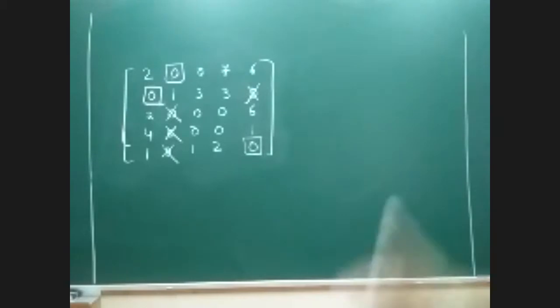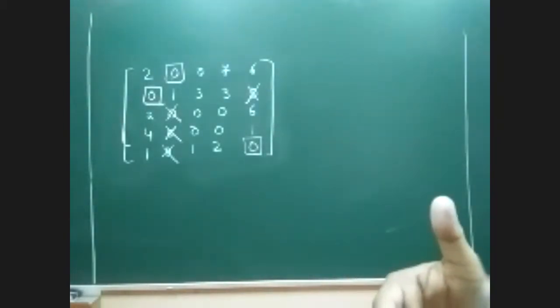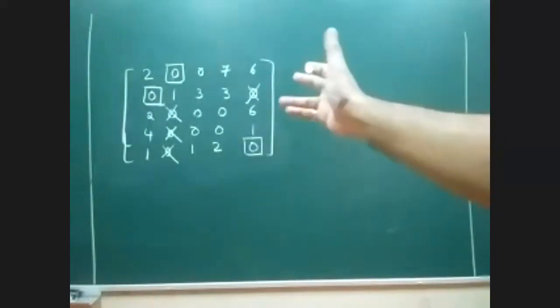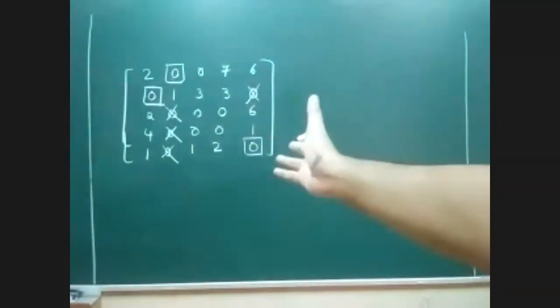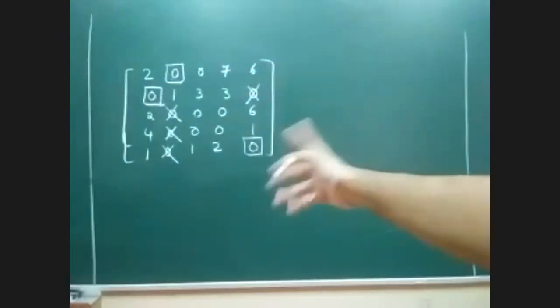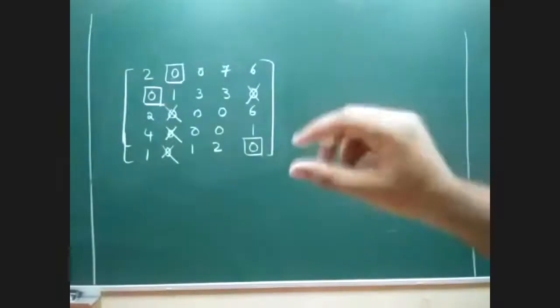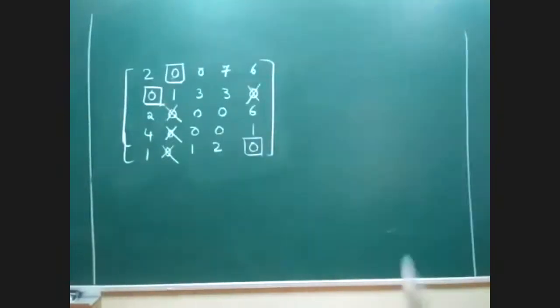I'm just teaching it in one step. You can cancel even the value of 0 in the first row, because obviously it gets cancelled when I'm going for the further allocation. But I don't want to do that now, because I want you to understand the flow of steps. That is the reason why I'm just keeping it like that. There is absolutely no problem if you do that. No issues.